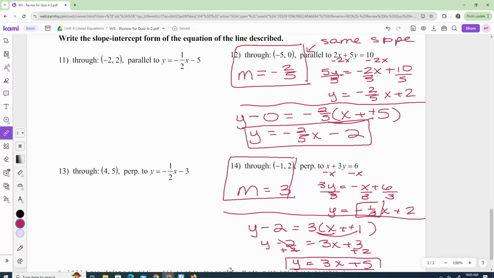So this is exactly what your quiz is like tomorrow. You have to know all those formulas, and these are the types of problems I'm going to be giving you. Right now, you have time. You have to go through and do these odd problems. And then you have to show it to me. If you miss them, I'm going to mark them and you have to fix them. That's your homework, but I am going to check it as you turn it in. You have to have them all right before you can be done for the day. Make sure you are working independently, because your